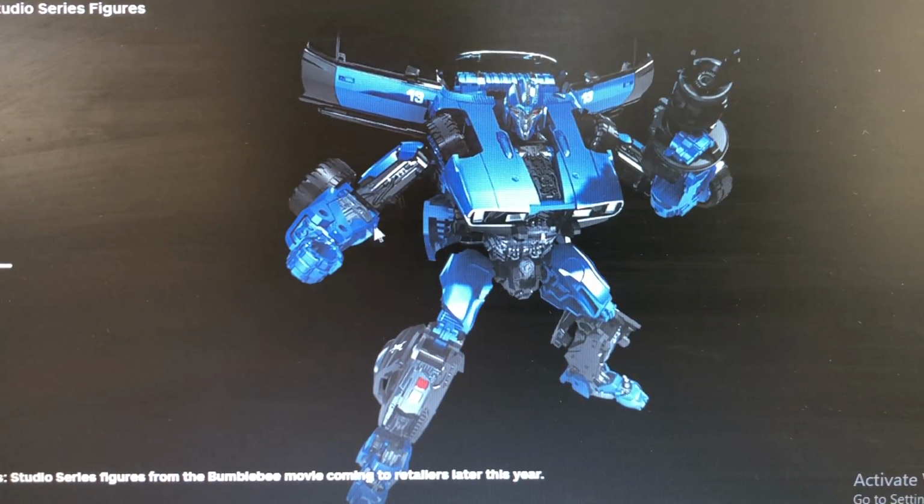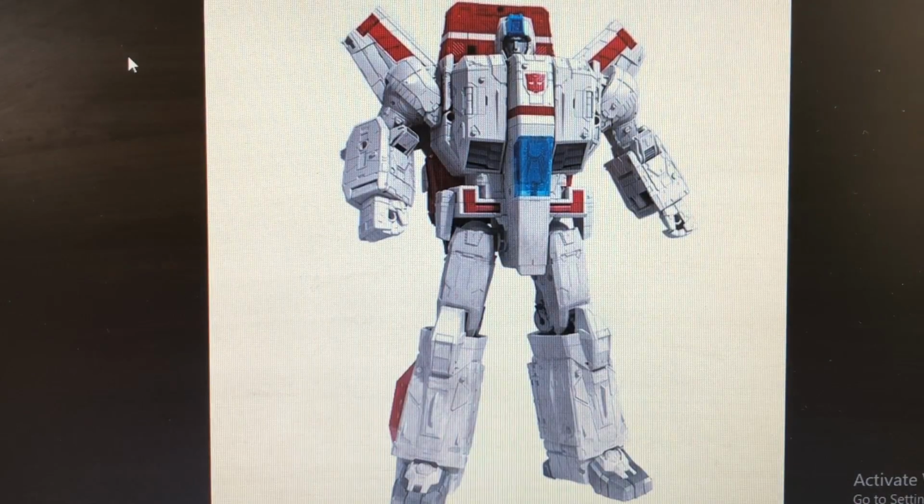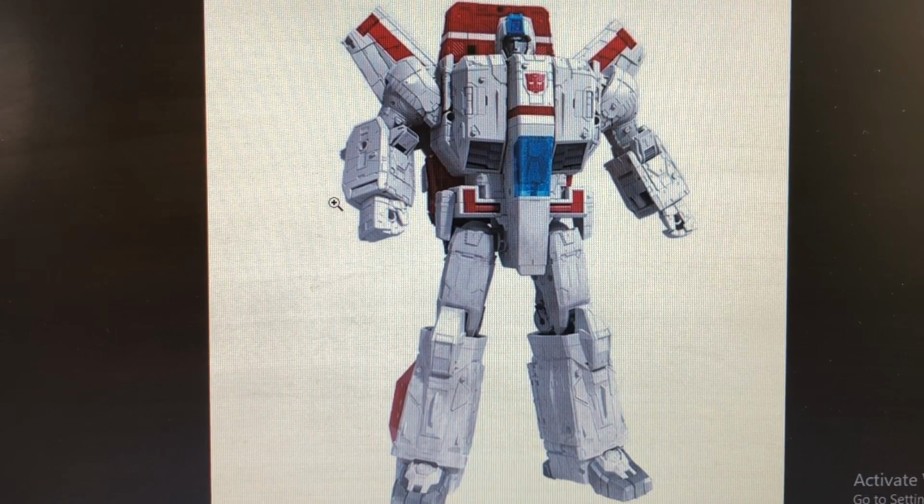Now on top of that, they've also released some Siege War for Cybertron figures. They've released photos of upcoming figures, namely Jetfire, and they say he is a commander class going for about $80. I'm pretty sure here in Manila it's going to go for at least $100, $90 to $100 easily, because of our taxes and importation duties and all that. If it's retailing in the US for $80, I reckon that's about the price range we're going to get it for, $90 to $100, which sucks,